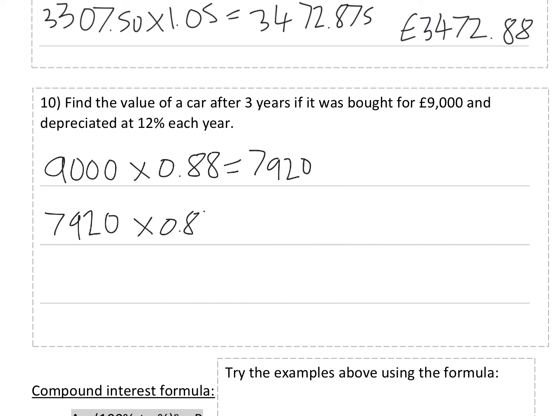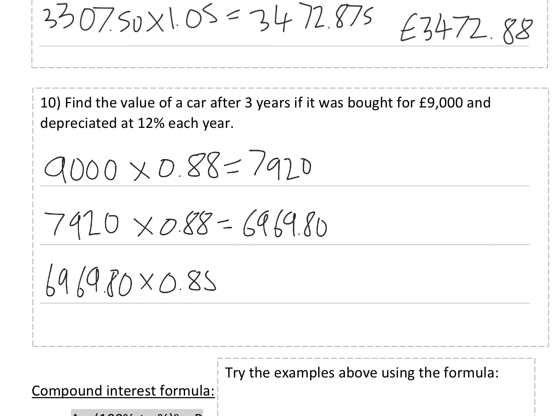And in the next year, it's going to depreciate by 12%. So multiply by 0.88. That new price. That gives you £6,969.60. So in the third year, if you were selling your car, it's worth £6,969.60. But if you keep it for the whole year, it's going to lose 12%. So it's going to only hold 88% of its value. So to work out 88%, again, multiply by 0.88. And that gives